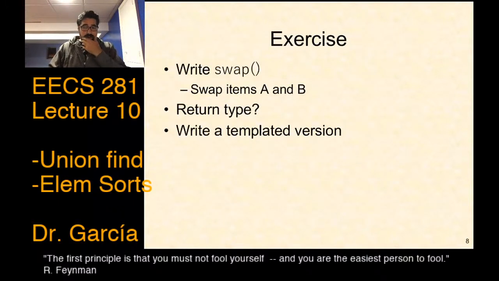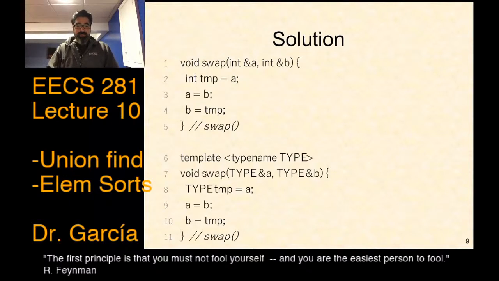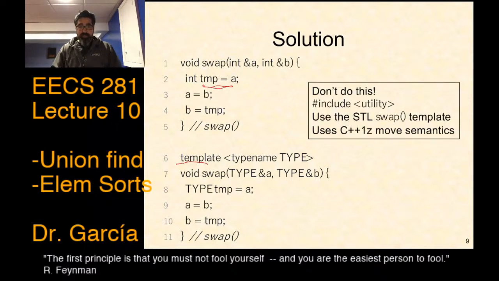All right, so a nice exercise that we sometimes do in lecture is to just implement a swap function. In the interest of time, we'll just give you the solution right there. Fairly easy. I mean, you need to have somewhere to store at least one of the objects that you're looking to swap. So this example is just using integers, but then the example below is using a template, so it could be of any type of object. You've probably written something like this before, but